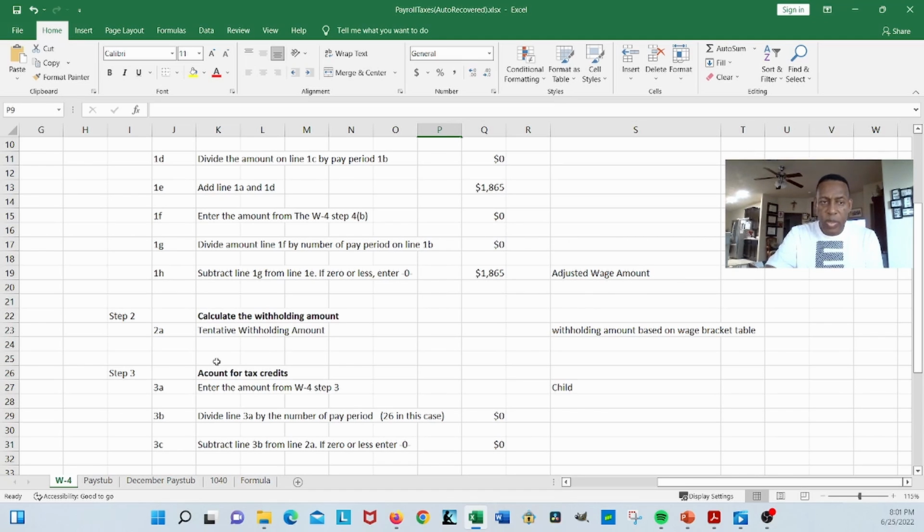Now you come down to the section that calculates the withholding amount, the amount to take out of the paycheck. To do that calculation, you want to use the withholding table to look up what range this falls under. That tells us what the tax rate is. So what you do, you come over to